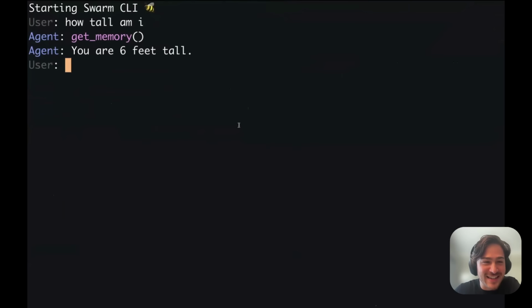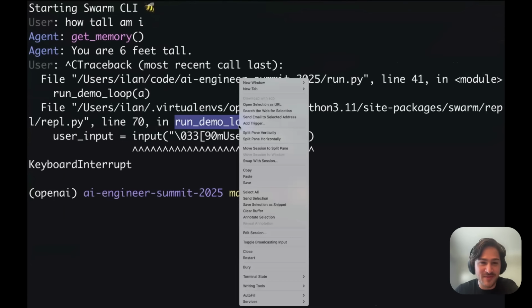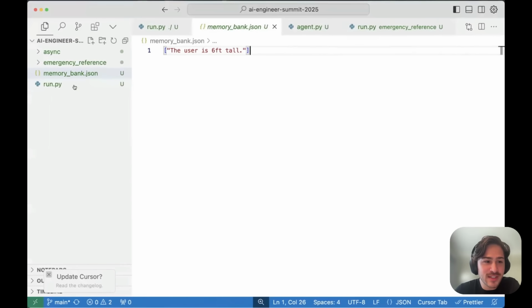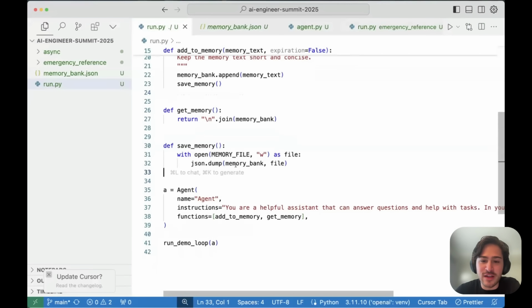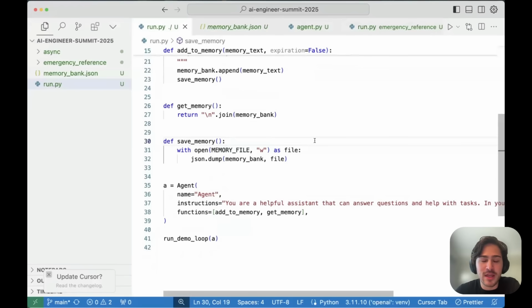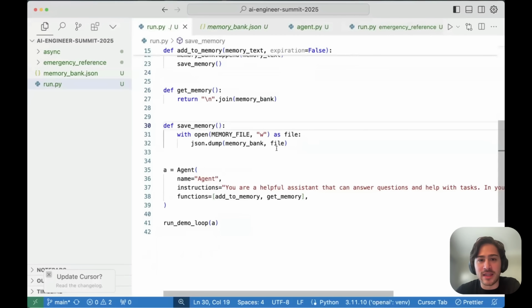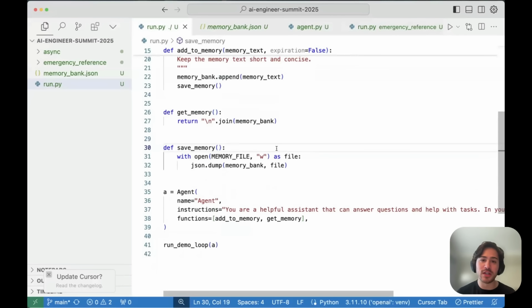Amazing. Now we can do more interesting things, right? We can, if we want, do a little bit of smart querying, where instead of just loading in all of the memory, we do a little bit of retrieval to load in the right ones, and use semantic similarity or some kind of search. I could try to implement that. That might take a little bit longer, but not that long.